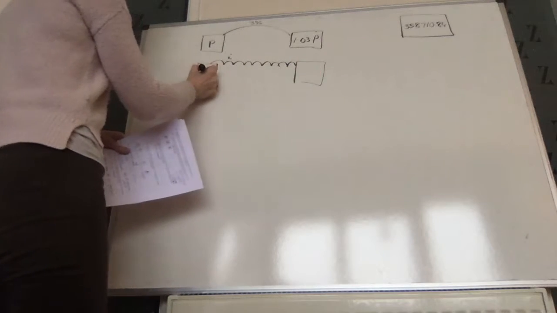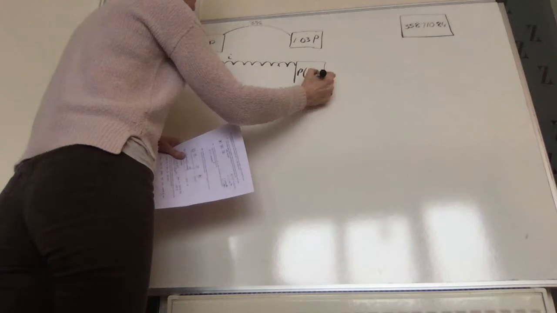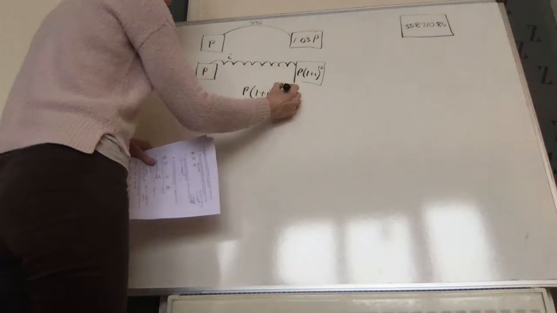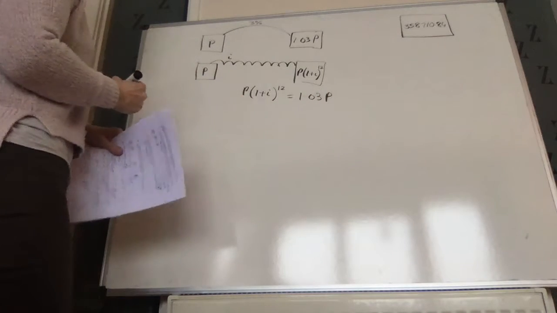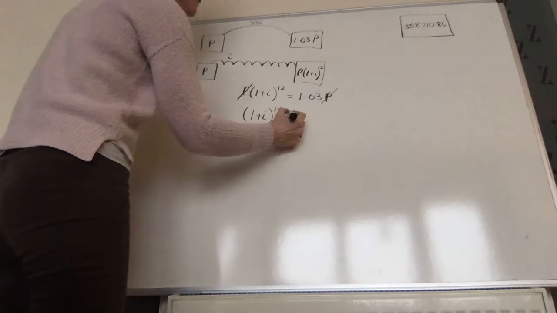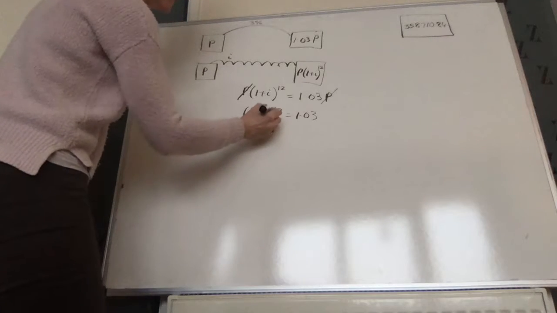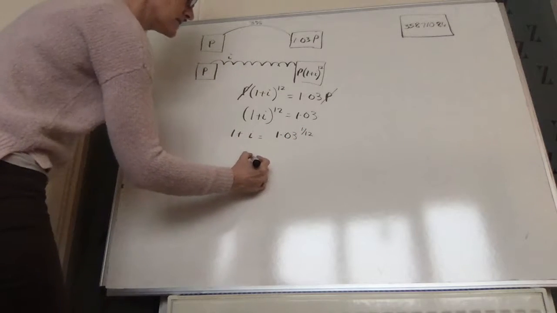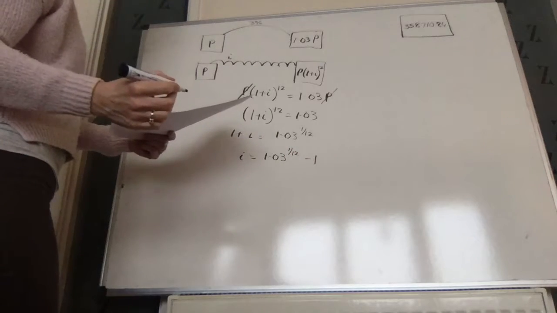Okay, so what we're saying here is this is P. At the end of 12 months, we will have P times (1 plus i) to the power of 12. We want P times (1 plus i) to the power of 12 to be equal to 1.03 P. Okay, so divide both sides by P. (1 plus i) to the power of 12 is equal to 1.03. If we take the 12th root, 1 plus i is 1.03 to the power of 1/12. i is 1.03 to the power of 1/12 minus 1,